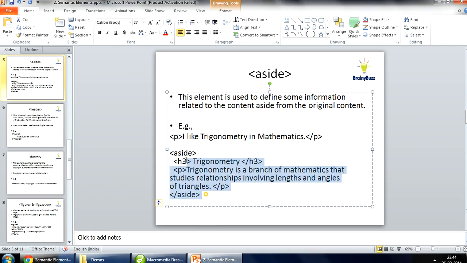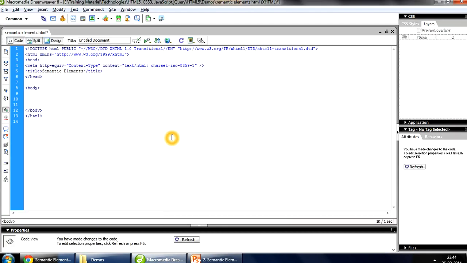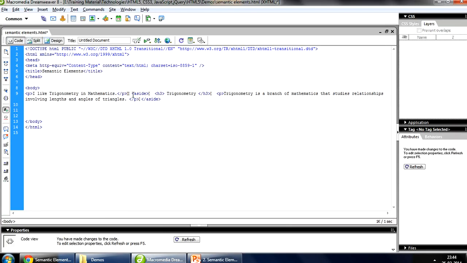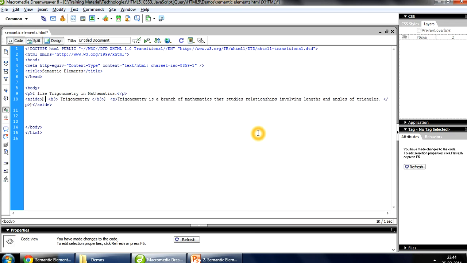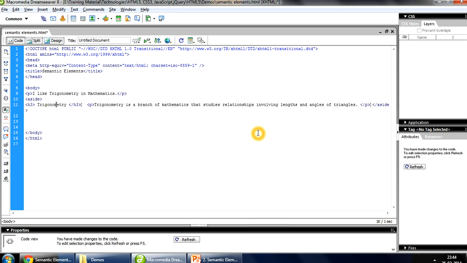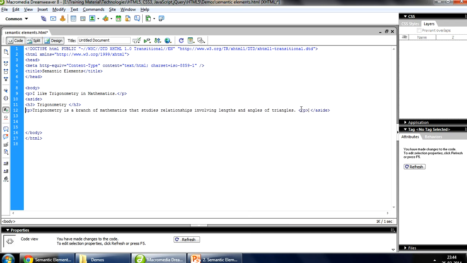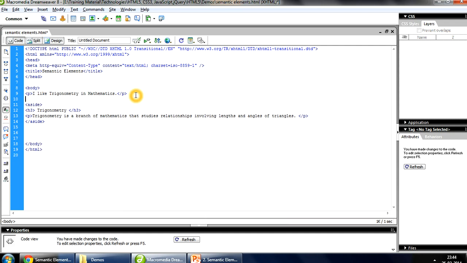So we can copy paste it. You can see that in the body tag we have written a paragraph, and after that an aside element, and in that we have an h3 heading and a paragraph which describes trigonometry. That is, trigonometry is a branch of mathematics that studies relationships involving lengths and angles of triangles. And then aside is closed. So let's save it,